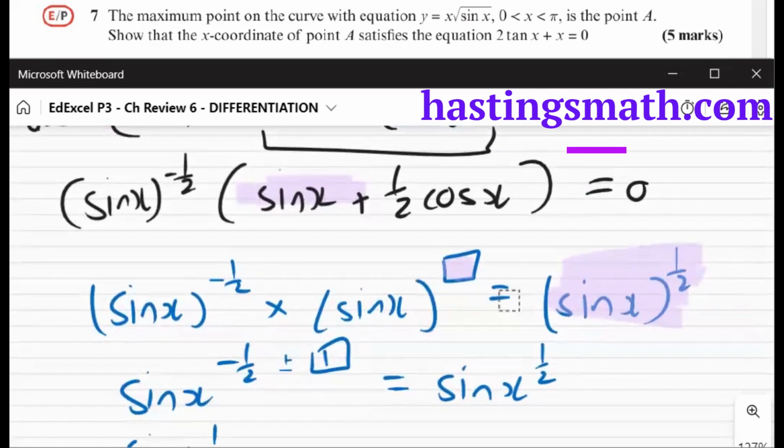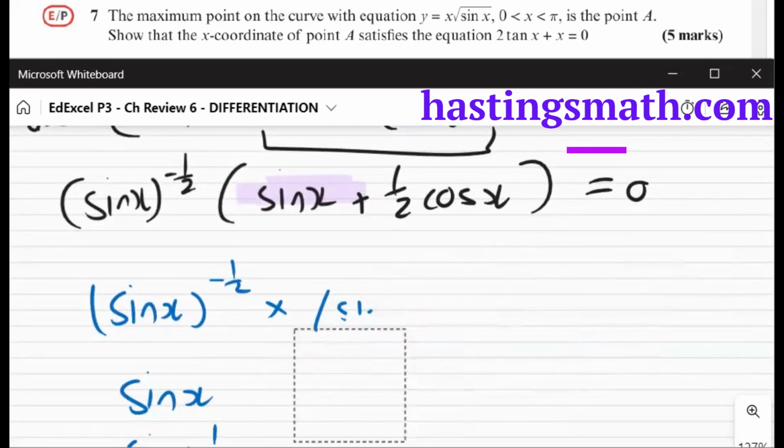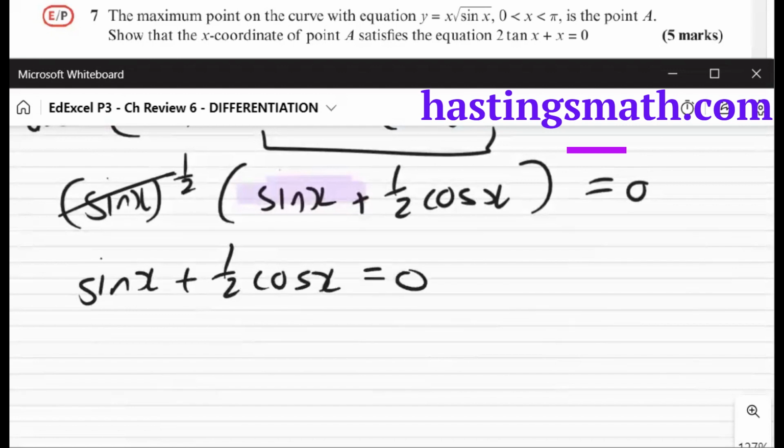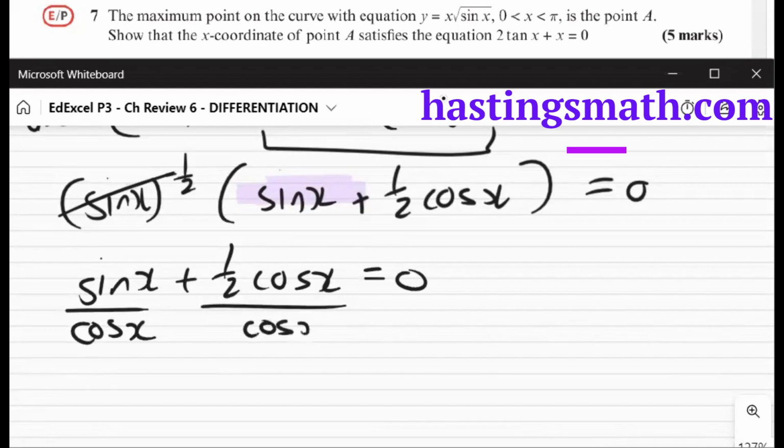Okay, nearly there. We want to make it look like 2 tan x plus x. We can divide through by the common factor to get rid of that. So we have sine x plus a half x cos x equal to 0. So we just need to manipulate that a little bit. We know we want tan, so if we divide both terms by cos x, we know that will give us tan x on the left here. So tan x plus